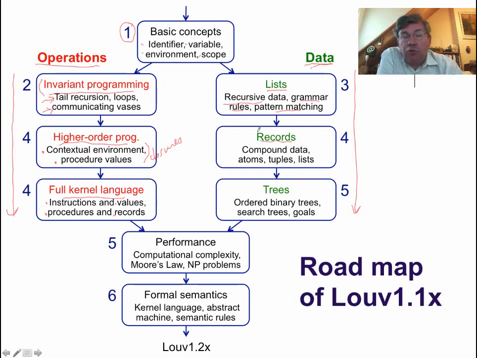We then introduced records. This is a fundamental compound data structure of fixed size, and this is the only one that is in the kernel language. So this compound structure allows us to encode things, atoms, tuples, lists, and other data structures. So that's records. And finally, we saw trees. This is our second recursive data structure. We saw ordered binary trees. We saw search trees, how to use trees to insert, look up, and delete information as an example of goal-oriented